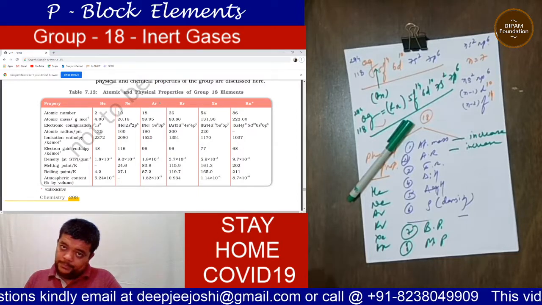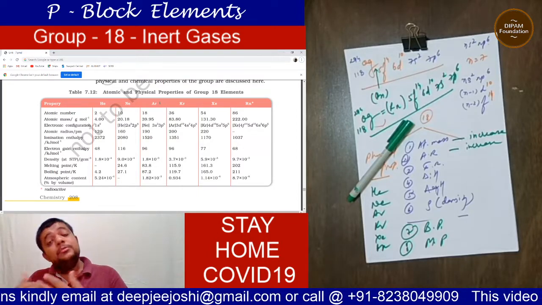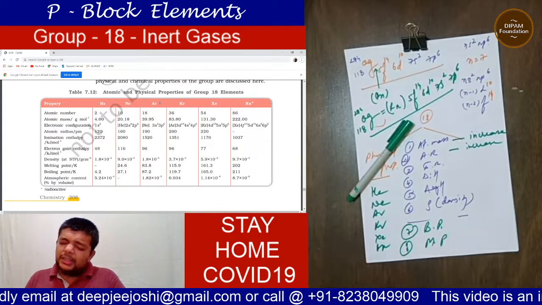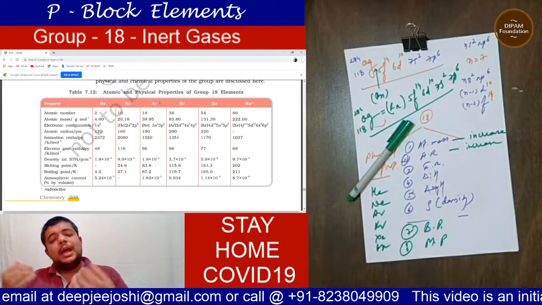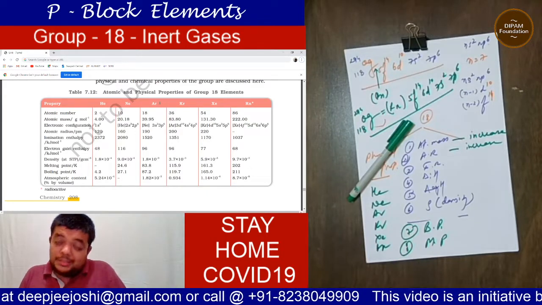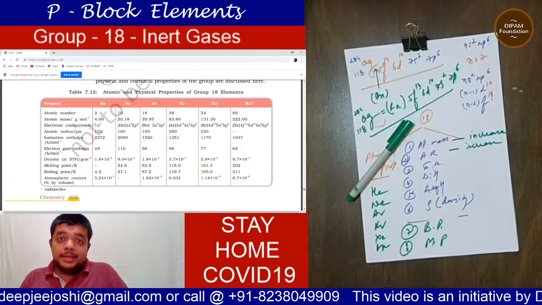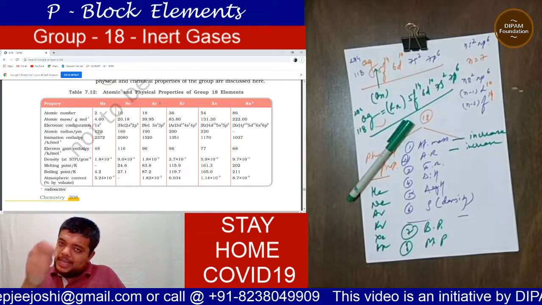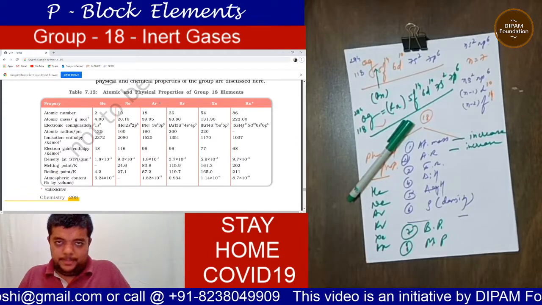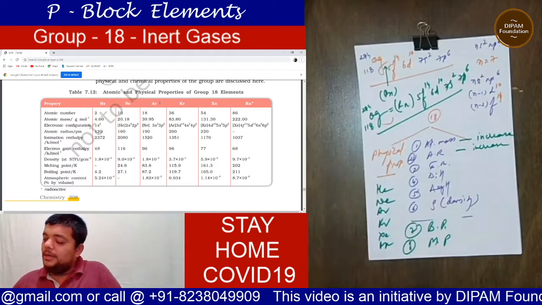Although it is difficult to remove an electron or to add an electron, if it removes or adds an electron, it becomes an ion. And when it becomes an ion, we are supposed to study its ionic radii. And the ionic radii follows the same trend as atomic radii. It increases from top to bottom. Coming to an important point,